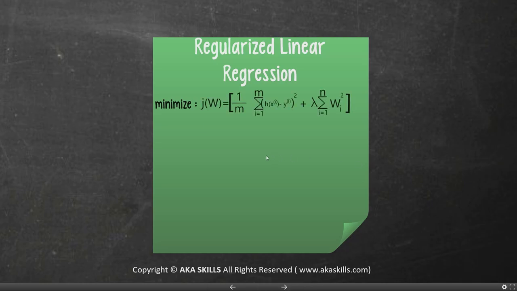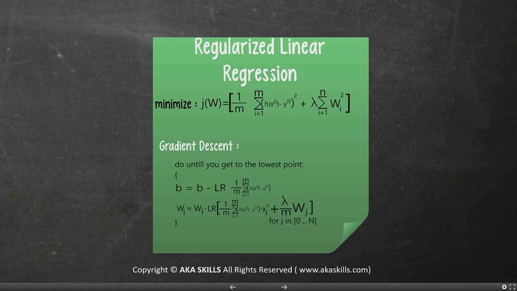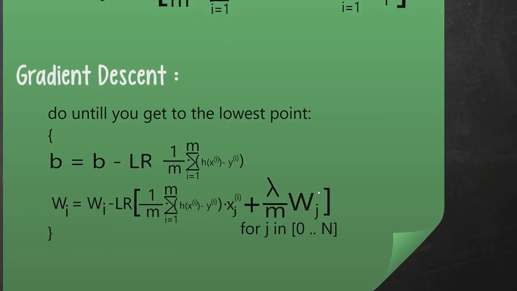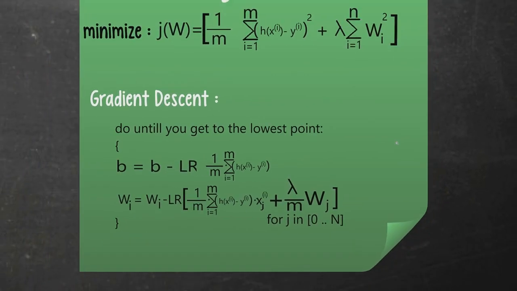So the regularization for linear regression, we saw it already. We said we add the regularization term to the cost function. Now, as might pop up in your head, adding this term means we're going to have to change the gradient descent, because the gradient descent depends on the derivative of the cost function. So the change that we're going to make on the gradient descent is adding this term. How did we get this? Just simply by